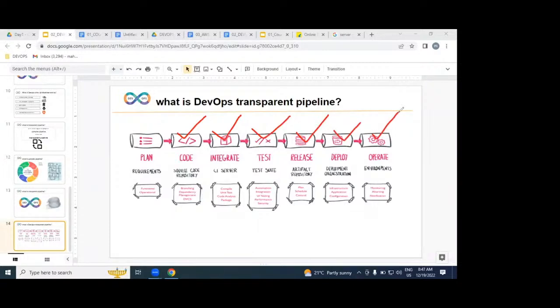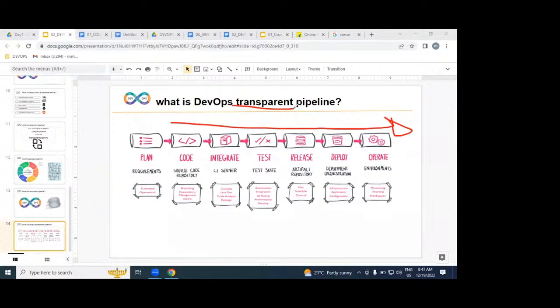Understood very clearly? To be frank, while implementing this DevOps process, we are not writing any code. We are not writing any test cases. We are just implementing a DevOps, automated, transparent pipeline. Why?